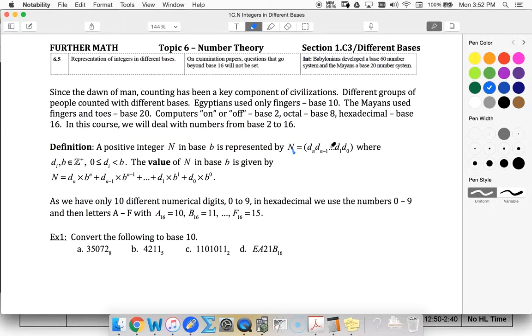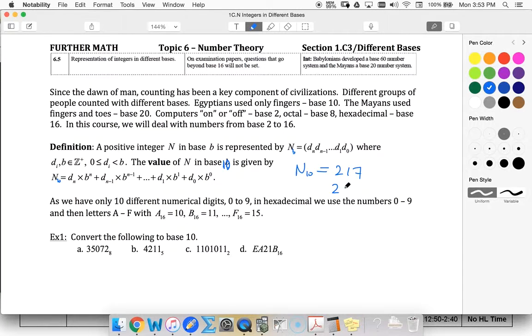And what each of these is representing is, if we convert into base 10, so this is a typo, the value of n base 10, so that's our traditional number system that we think of. So this is going to be n base 10. The way that we calculate it is we take this digit and we multiply it by our base number raised to this power. So for example, if we have in base 10 the number 217, what this really means